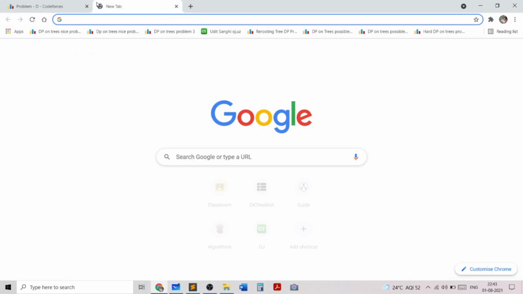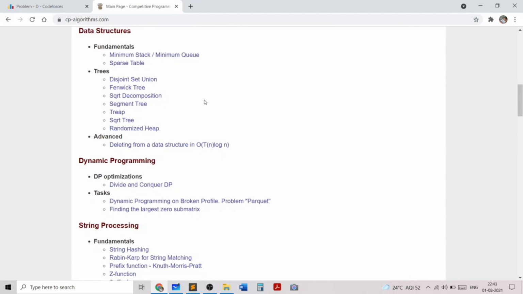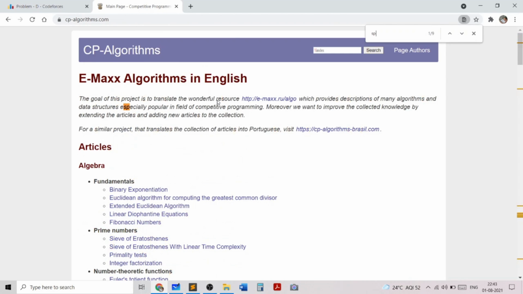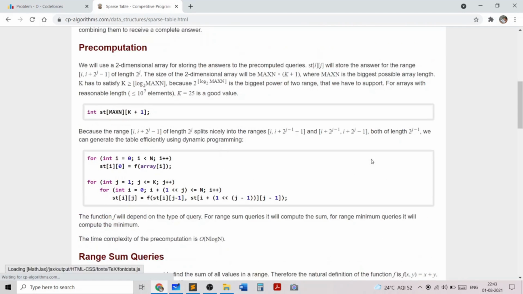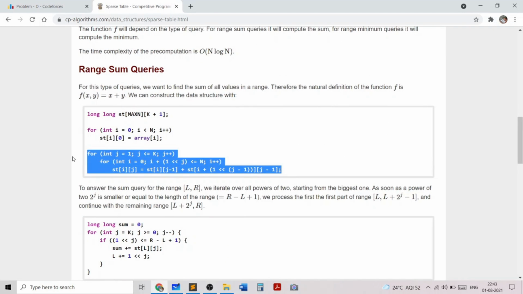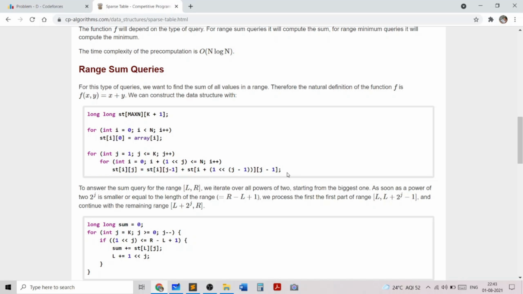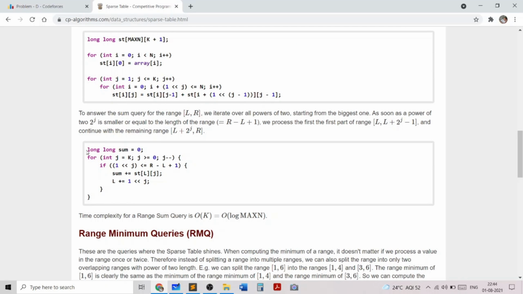The implementation which I used was from CP algorithms. I basically adapted a slight modification of what they had said. So I didn't use too much understanding in implementing the sparse table, because that's just standard stuff. You can just Google sparse table and you'll basically get this code. So I basically used these two codes to compute the range GCD to compute this value efficiently.